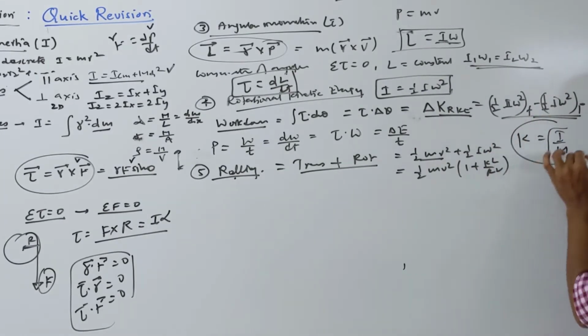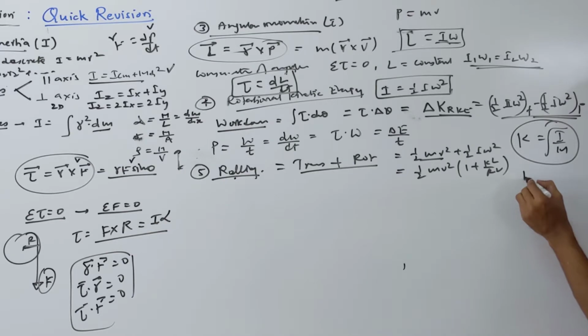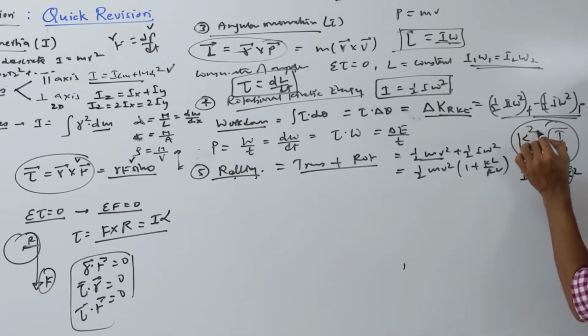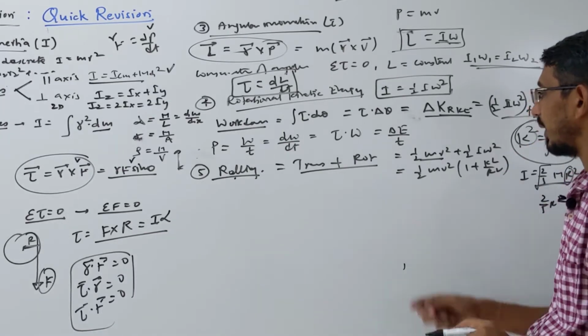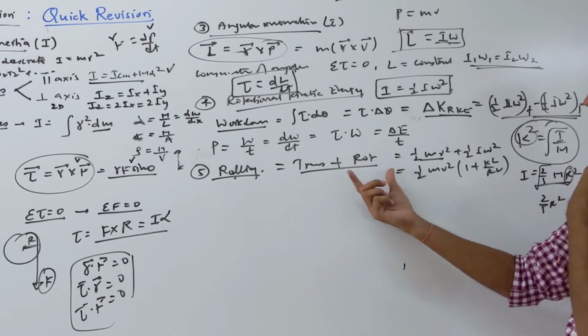If you want to understand it in shortcut, suppose the inertia of a sphere is 2 by 5 m r square, right? The root of this number, and that r, is simply your k. If you need k square somewhere, then this value 2 by 5 r square is your k square in this formula, right? Okay, so we wrote the rotational kinetic energy this much.